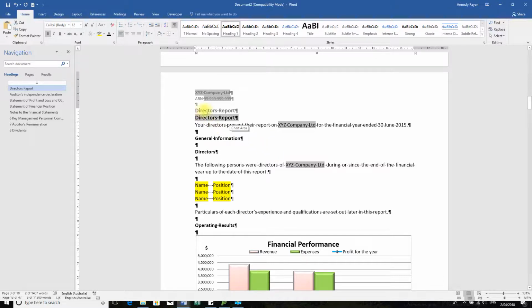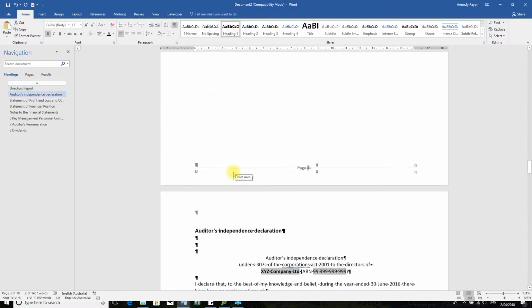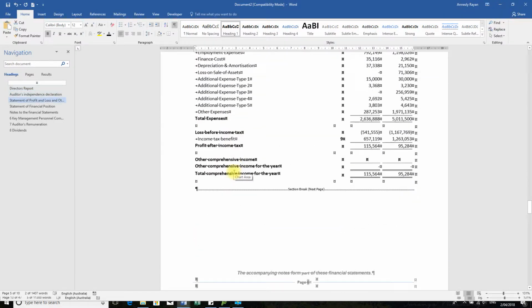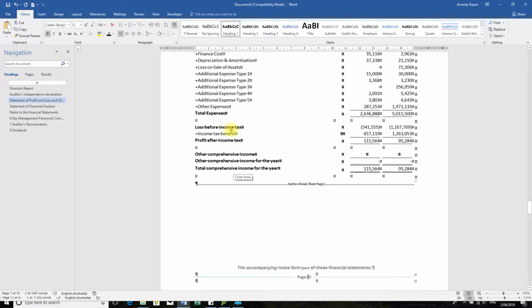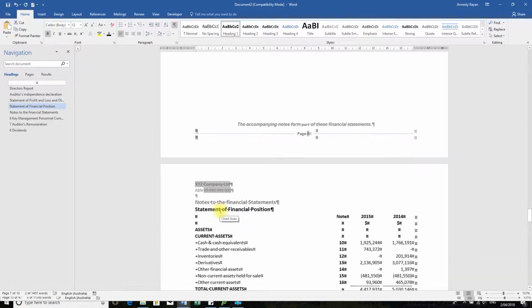But if you were to enter it twice like this, it does look a little silly. For example, even if I'm looking at the other headings I have here, as you can see, it's entered in twice just to get it to show up in the table of contents. Okay, now